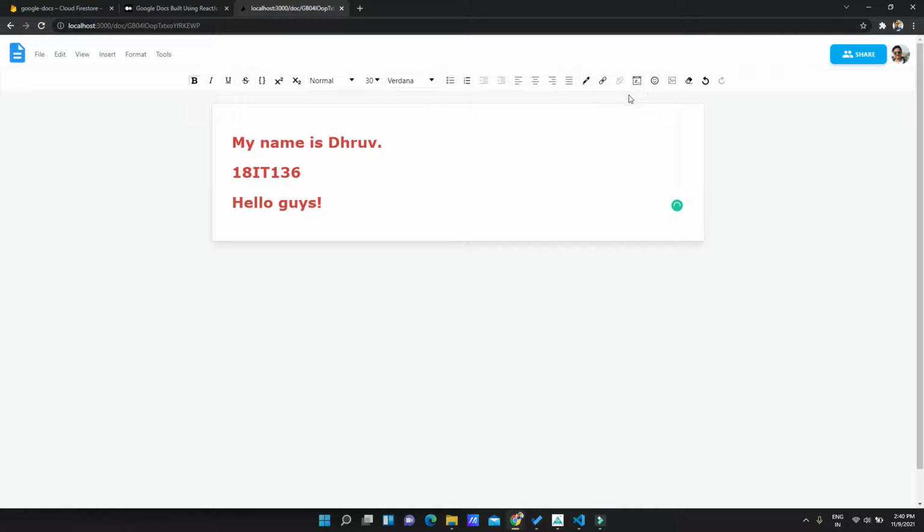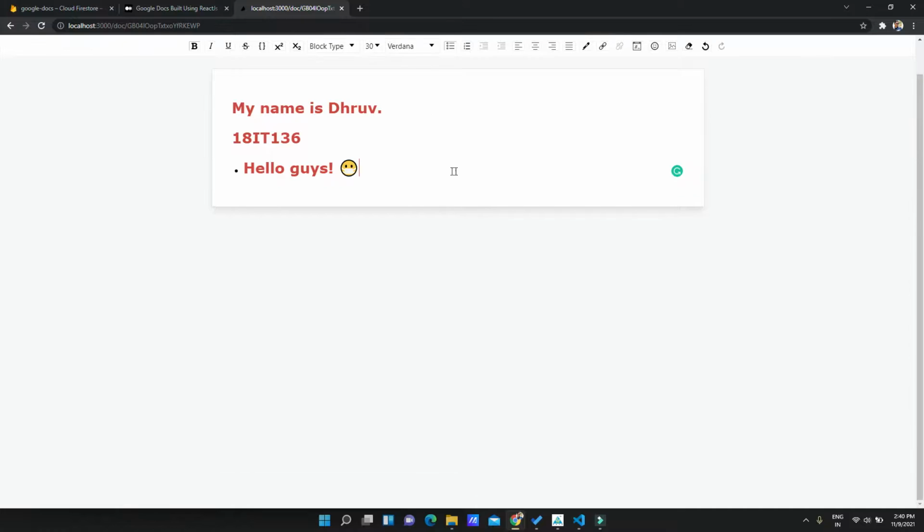We can also use some emojis. Basically these are all the functionalities of writing, bolding, and coloring. This is the work of Draft.js, which is used to write documents like Word. We can also change the size and font style, and create a list or anything else.